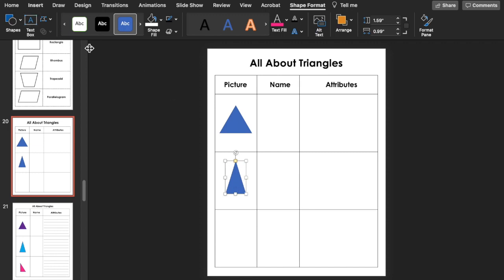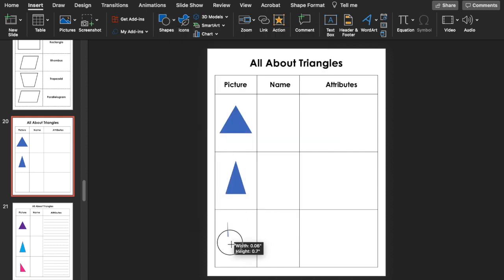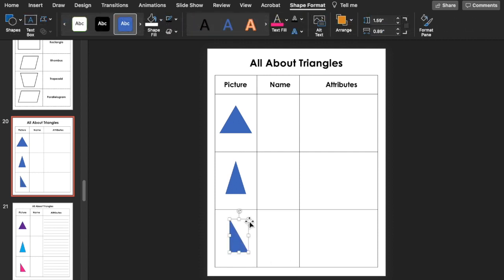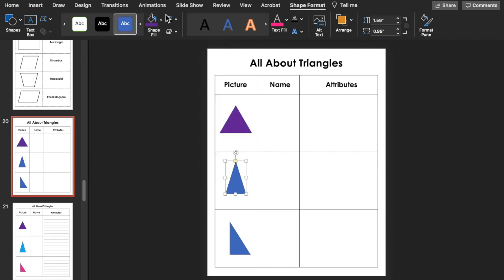And then we're going to go back and insert one more time. You can also duplicate the triangles if you want. I'm going to do this right triangle and make sure that the sides are all different, to represent a scalene triangle where none of the sides have the same length. And you can leave it blue. You can change these to colored triangles,